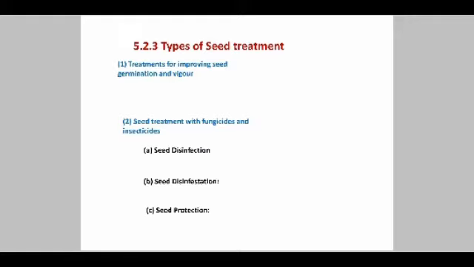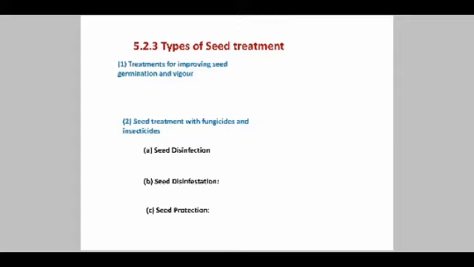The first treatment applied is soaking of seed in water. Cotton seeds are soaked in water for 4 to 6 hours in the case of desi type seed, and sometimes 10 to 12 hours of soaking is applied for the American variety of cotton seeds. So soaking is a very traditional method.